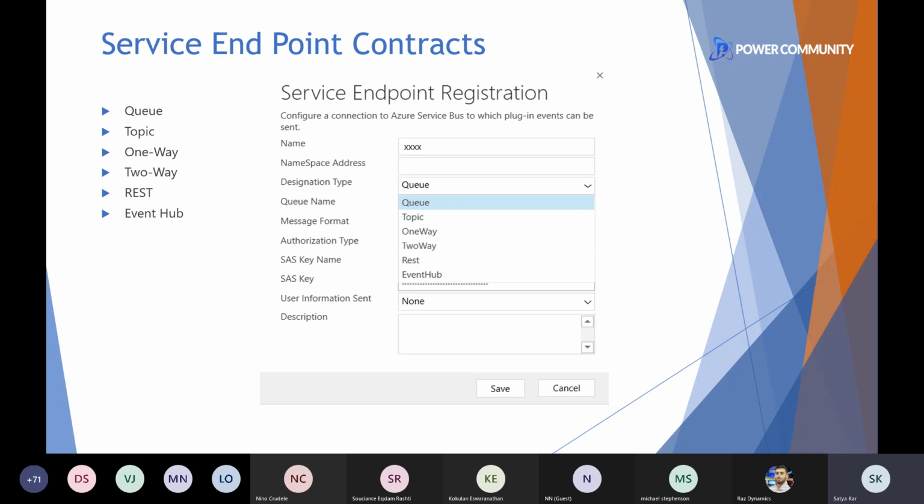And topic is exactly similar to the queue, except one or more listeners can subscribe to receive the message from the topic. So that is the main difference between the queue and topic. To be honest, I think I have mostly used the queue and topic. The other contracts I have not used that much, but I'll give you a quick one-liner